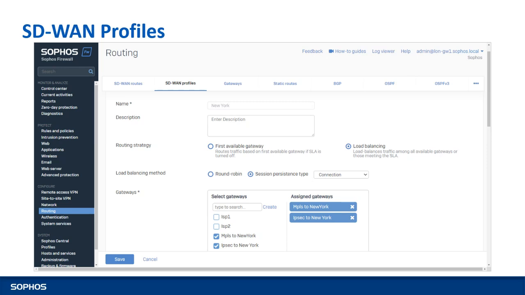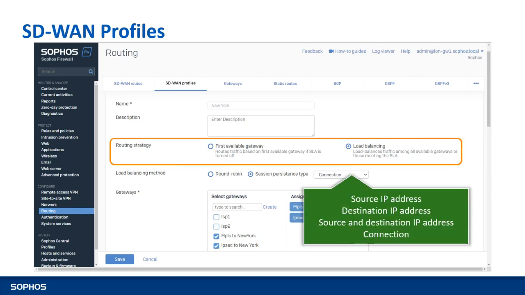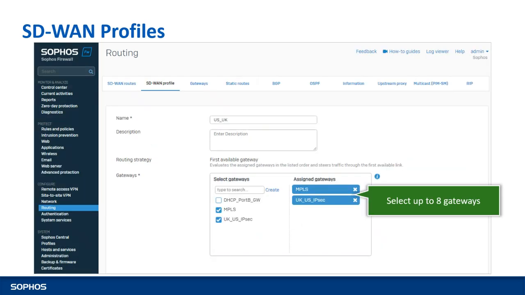which distributes connections to each gateway in turn. Alternatively, you can choose a session persistence type to route the traffic through the same gateway, and you can choose between source IP address, destination IP address, source and destination IP address, and the connection. Something important here is that you can select up to 8 gateways,